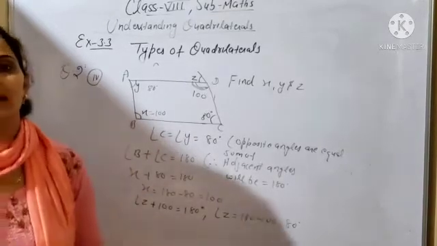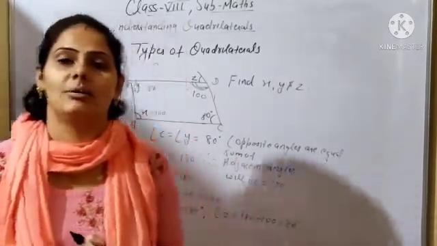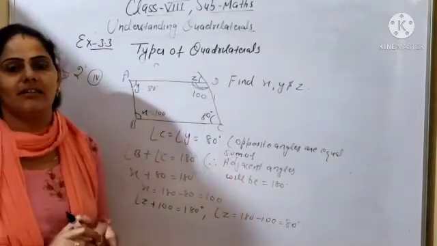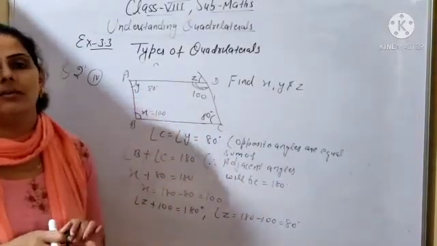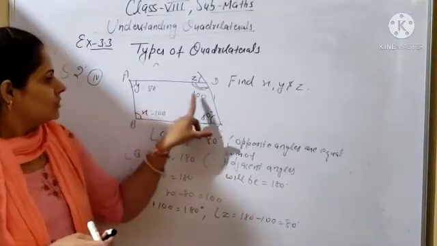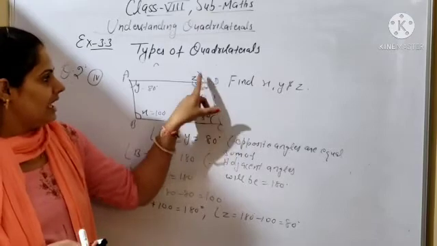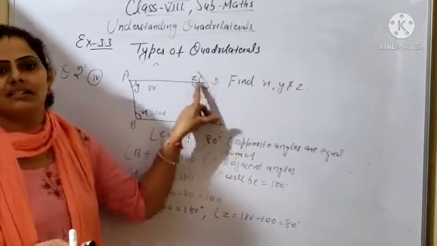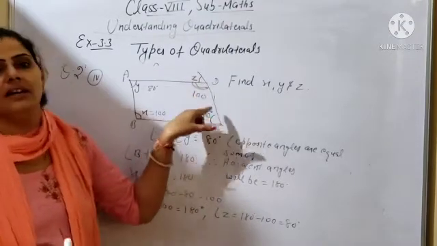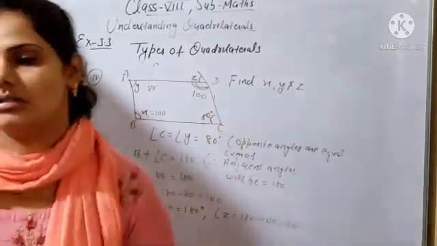If any one angle is known, then you can easily find the other angles by using the properties. First, you will apply the property that opposite angles are equal. You can also apply the property that the sum of any two adjacent angles will be equal to 180 degrees. If this one is 100, this one will also be 100. Interior plus exterior on a straight line will be equal to 180. If this one is 100, then Z will be 180 minus 100, so it will also be 80 degrees.